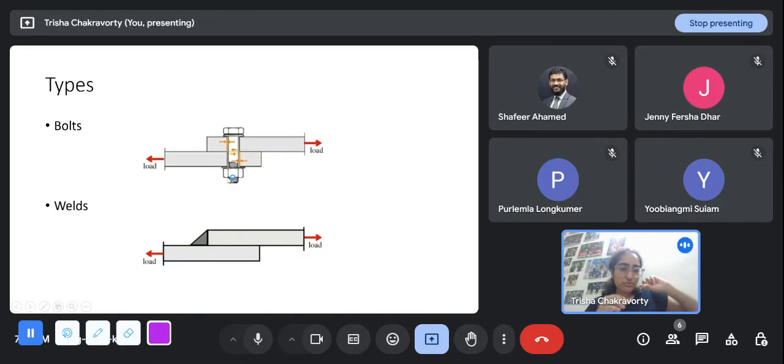We use them to unscrew bolts we see in a torch or any kind of electrical plug points, we see bolts on the side. There are small bolts. These are larger ones. So what happens is, you put a plate. These are steel plates, and then you have to make a compatible hole, the diameter of the bolt, this shaft part. So you have to drill that hole in the plate, and you have to put it in, and then you have to screw it, tighten it properly. That is the bolted connection.